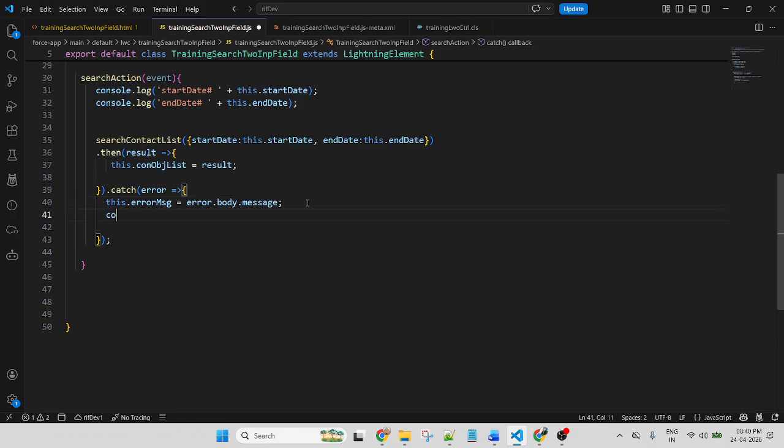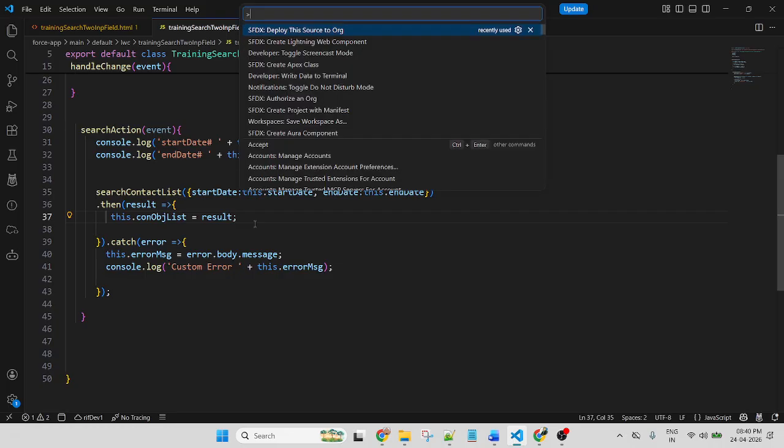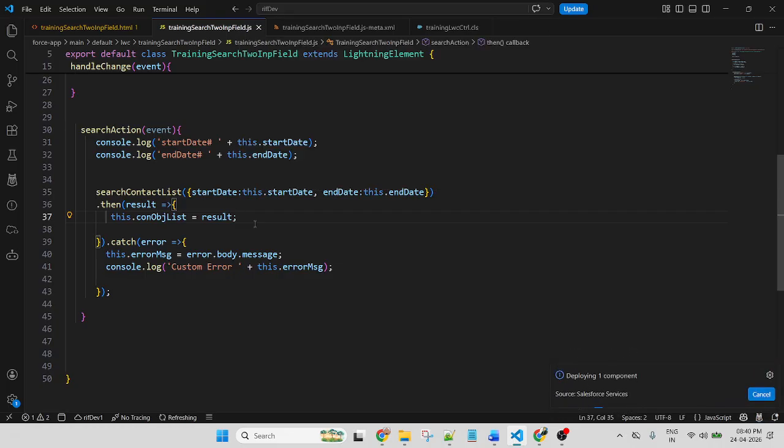You can check with console log, custom error, this one. So we can check easily in the console if any kind of error occurs, and what kind of data is displayed, what kind of data is fetched. So yeah, first let me deploy the code. My code deployed successfully.